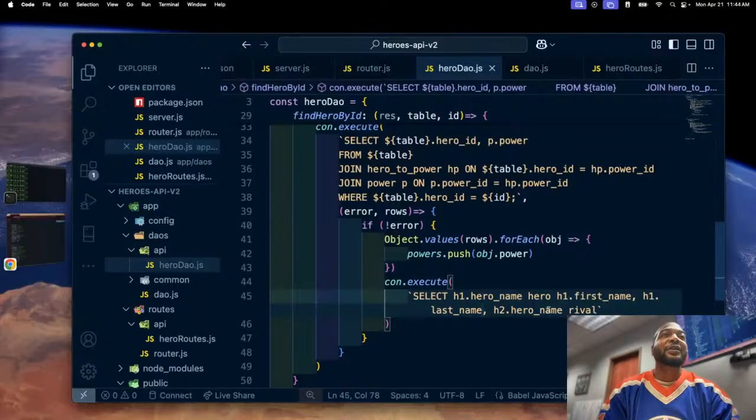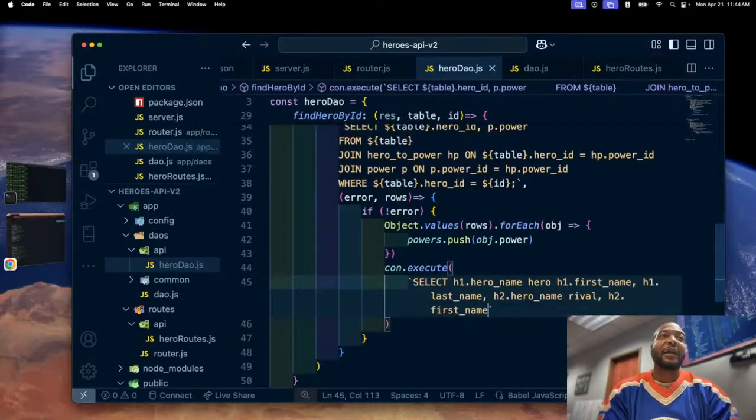And then h2 hero name rival. h2.first_name, I'll say rival first. h2 dot, I think we'll be okay. Last name,